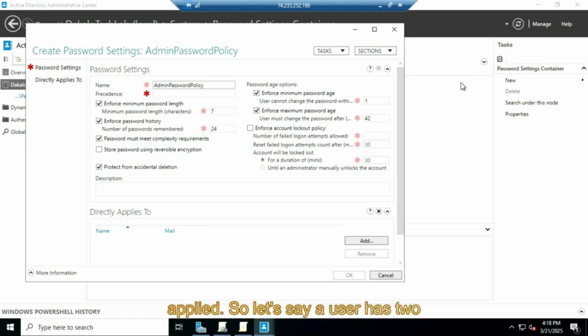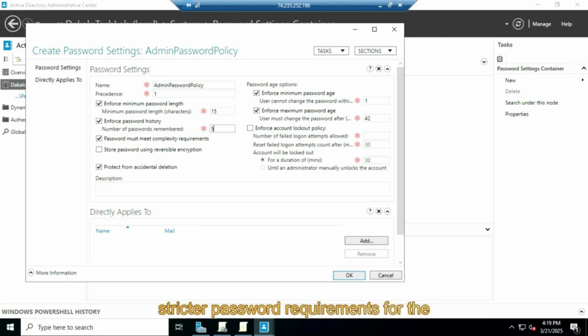Let's say a user has two password settings. The first has a precedence of 10, and the second has a precedence of 90. The one with the lower number has more authority and will take precedence, and it's the one with precedence 10. So for this password policy, I'm going to put number 1, and for these password settings, we can edit these policies to